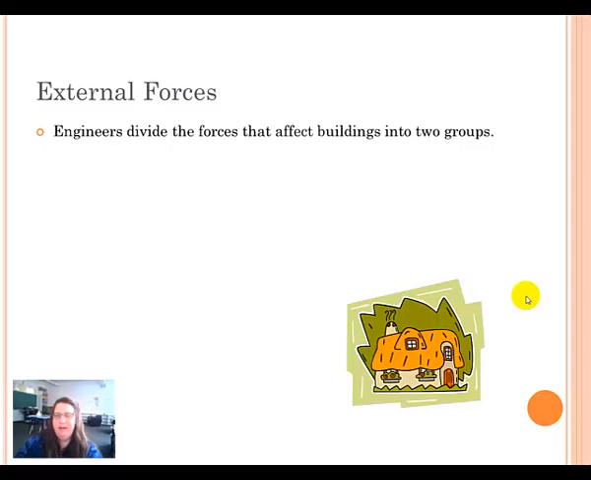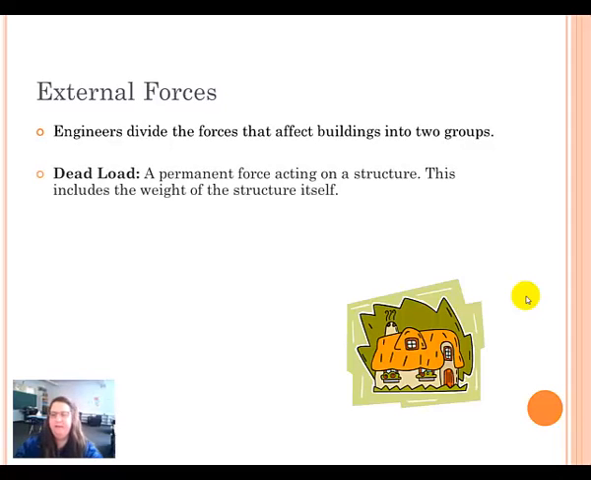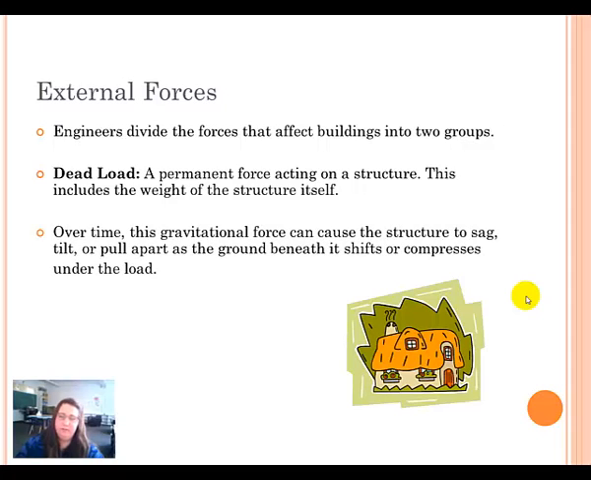What are some external forces? Engineers divide the forces that affect buildings into two groups. One is called a dead load. So those are permanent forces acting on a structure. This includes the weight of the structure itself. So the dead load of a house includes all of the materials that make up the building of the house. Those don't change. Over time, this dead load is acted on by gravity